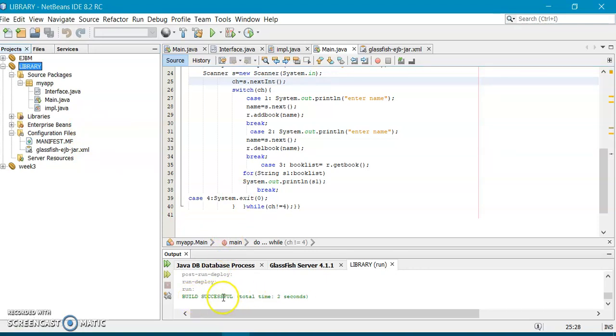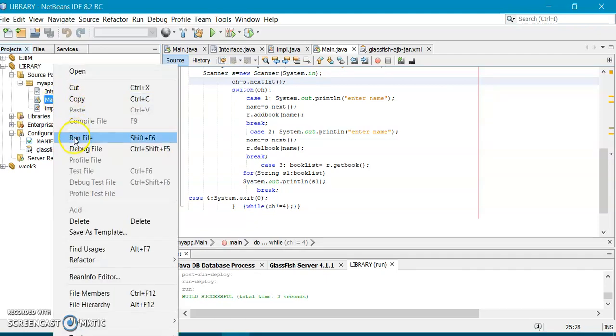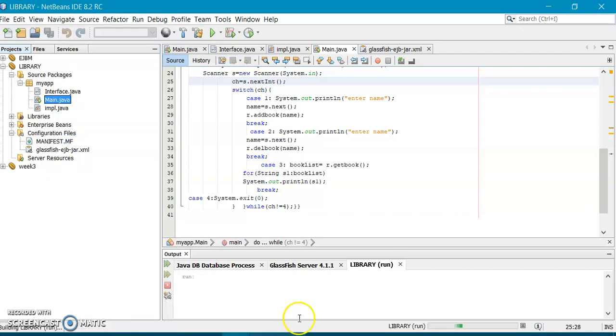After building successfully, next you have to run the client application. Where is the client application? It is present in the main class. Here go and say run. When you say run, it is being processed and it is running here. It takes a bit of time to get the output, since all these files have to be retrieved and run. Okay, wait a minute, we'll be getting the details.